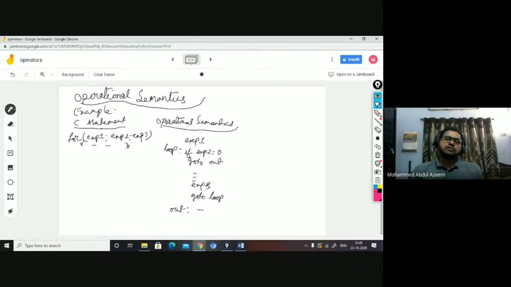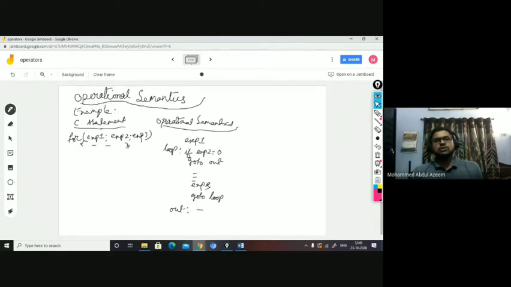You have expression 1 semicolon, expression 2 semicolon, expression 3. The minimum syntax for the for in C is two semicolons enclosed in parentheses. Before the first semicolon you have expression 1, between the two semicolons expression 2, after the second semicolon expression 3, followed by a set of statements inside the for block.